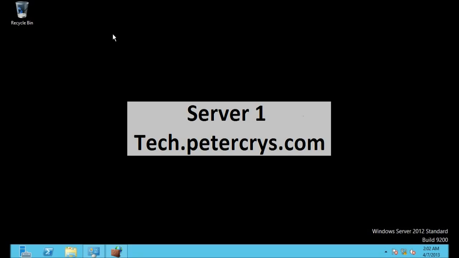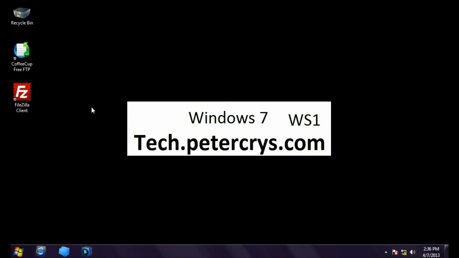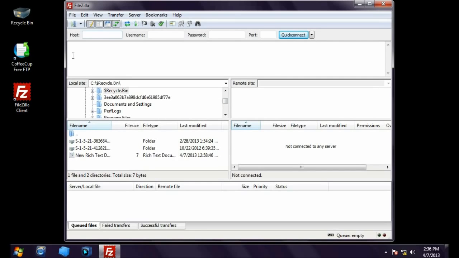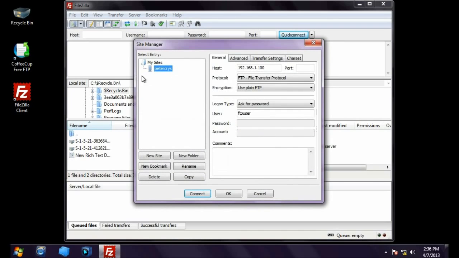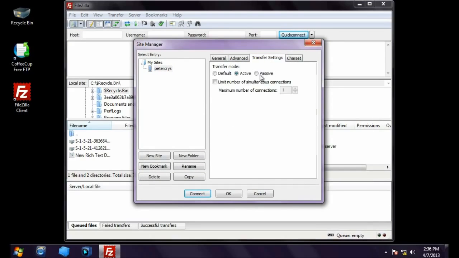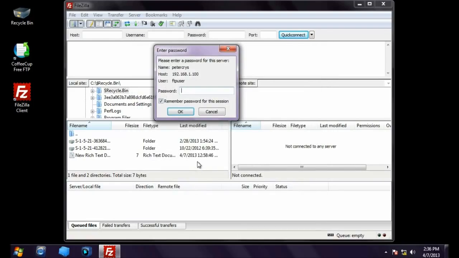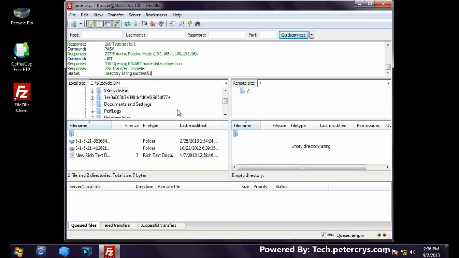Now let's go back to our client machine. Okay, so let's open FileZilla, which is an FTP client application. Just hold on for a moment. Okay, let's go to site manager. Here select the site and the transfer setting, transfer mode, and select default. Click connect. It will ask for the password. Remove the checkbox and type my very secret password. Okay, click OK, and as you can see, I am successfully able to connect to the FTP server using passive